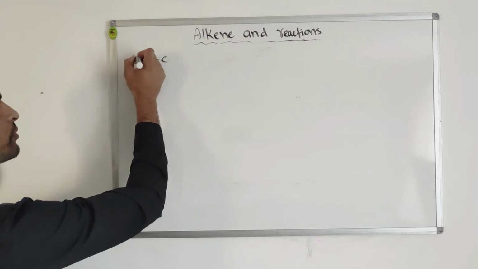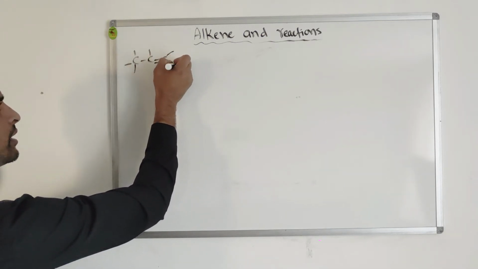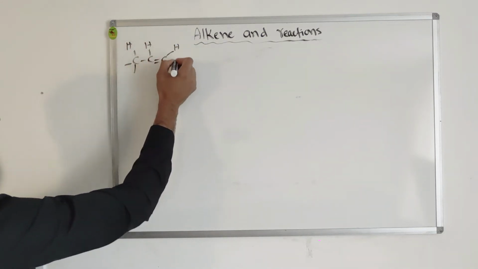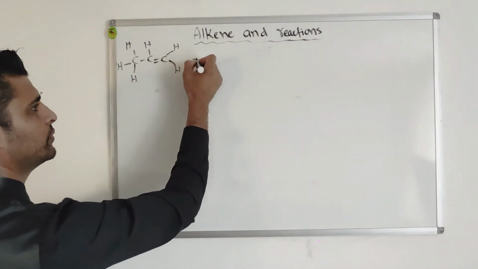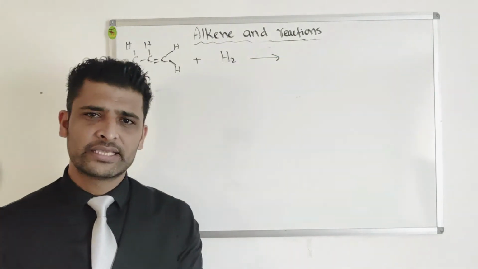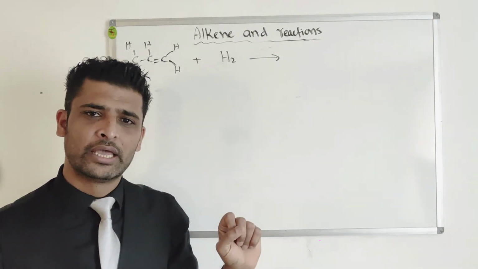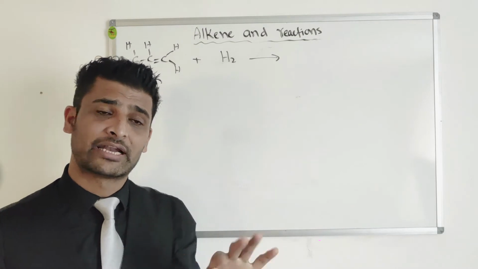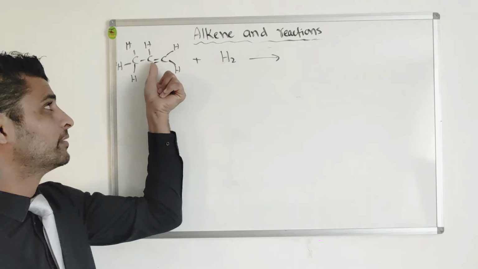If we do propene, that's how it looks. So that means it has got hydrogen around it. I'm going to react it with hydrogen. Here's the point. Alkenes actually react with hydrogen or any other compound, and this double bond will be converted into a single bond. That means the double bond will be broken and this will be added to each carbon